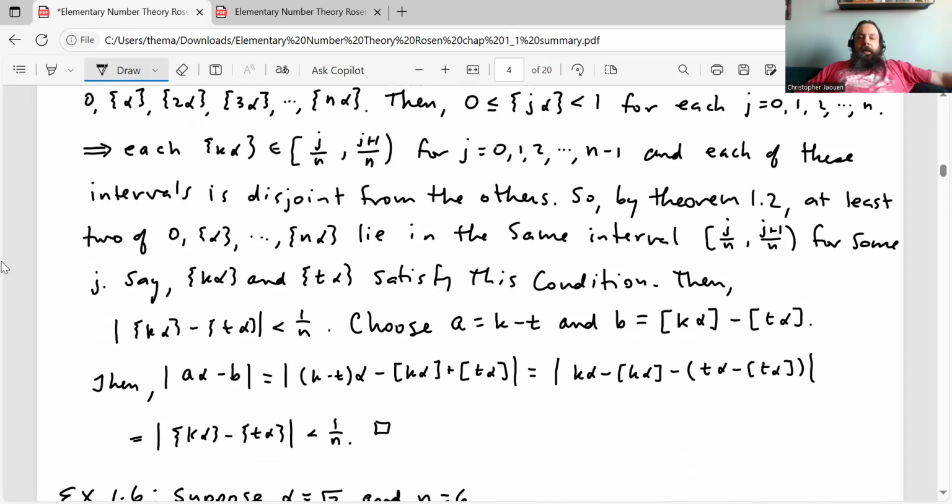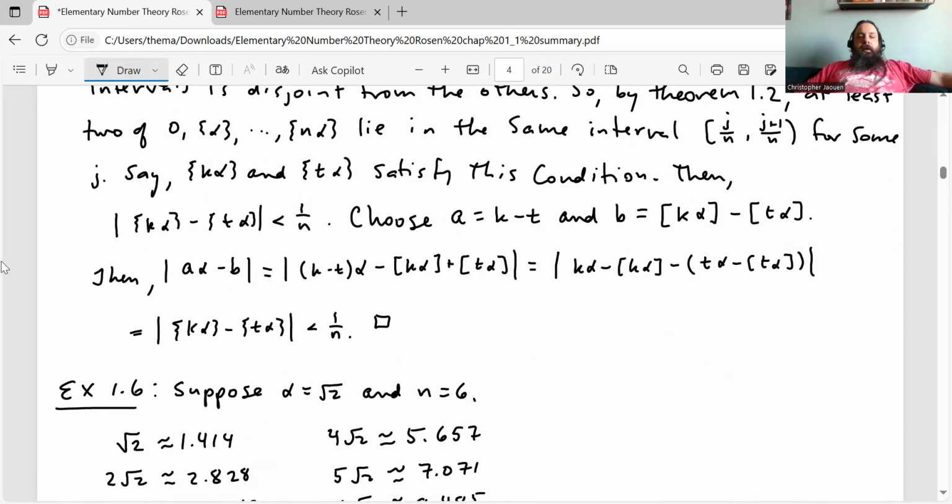And choose a equal to k minus t and b equal to the greatest integer in k alpha minus the greatest integer in t alpha. Then the absolute value of a alpha minus b is equal to the absolute value of (k minus t) times alpha, excuse me, minus the greatest integer in k alpha plus the greatest integer in t alpha, which, rearranging some things, gives you the absolute value of